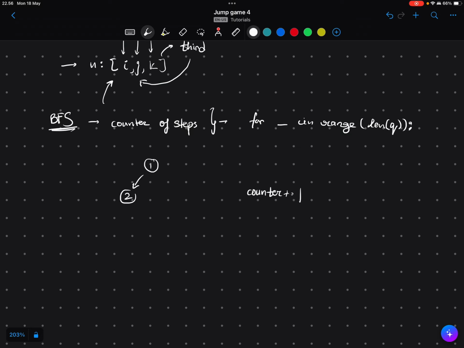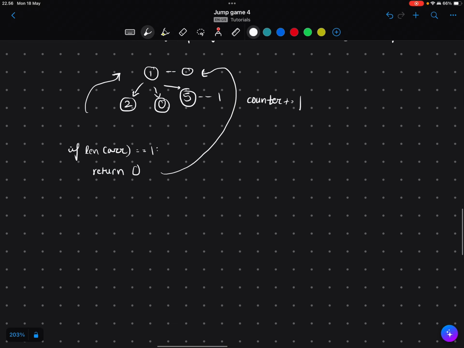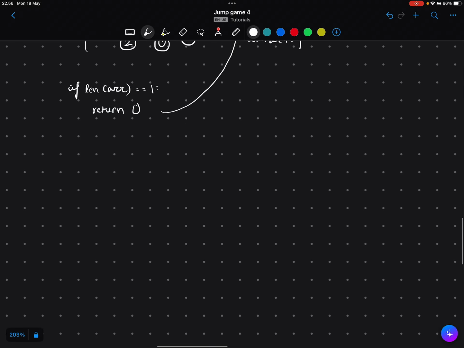So if we have index 1, right, our two options are 2, 0, and let's say some value at 5 occurs. All we have to do is this will be 0, this will be 1, kind of like that. Get what I mean? So when the length of the array itself, this is the edge case by the way, if the length of the array is 1, we return 0, because that is the depth that we were at right here, right? Okay, now there's a bit of a tweak, right? Like I said, we have to do a for loop for the